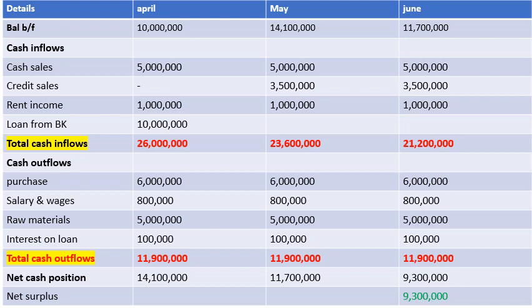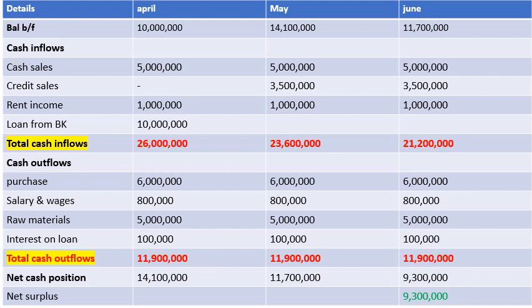Then they also talked about, I think, purchase of raw materials, which is 5 million, 5 million, 5 million. Then interest on loan, monthly interest on loan. So in other words, the loan that we acquired, we're supposed to pay an interest of 100,000. So that is an outflow. So we shall record 100,000, 100,000, 100,000. Then from there, you also do the needful by adding it up. You come to